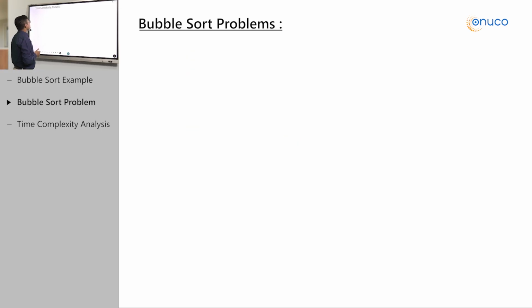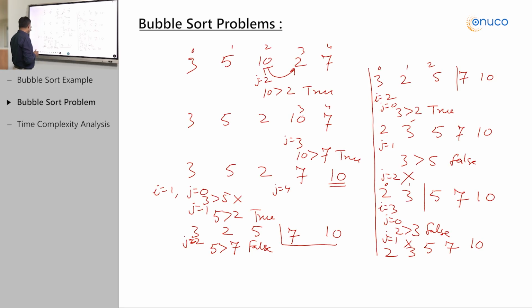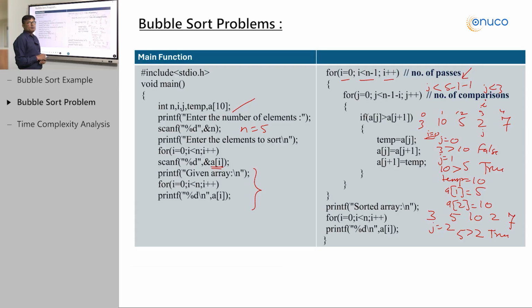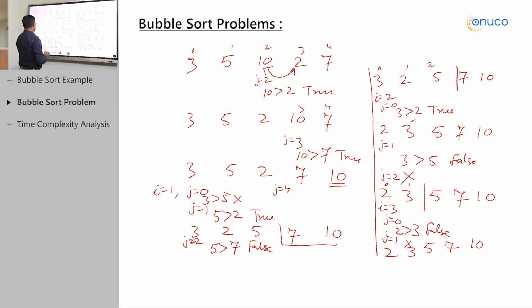Now, to discuss the time complexity of bubble sort. Remember, friend, as we have discussed time complexity of non-recursive algorithms. This is a non-recursive algorithm, hence you have some looping statements as well, right? And we have a nested for loop. As I said, this is the main part of our bubble sort, right? So, in bubble sort,